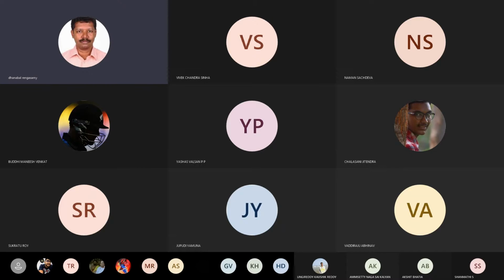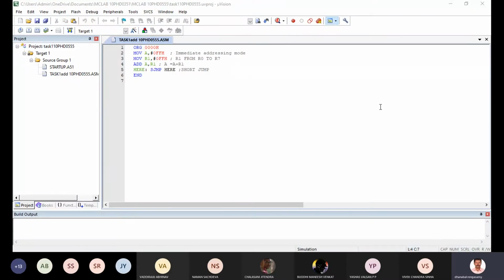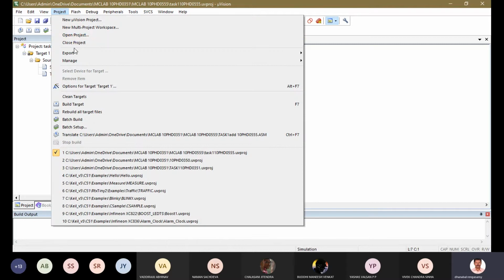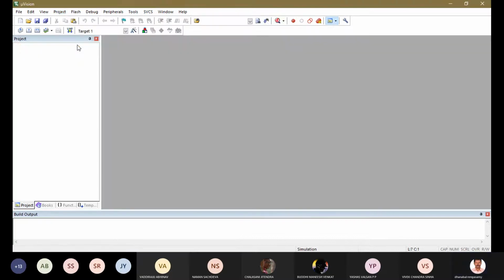Okay, this will be the look of the screen when you are using the tool. The Keil MicroVision MC Lab tool will be Keil MicroVision, version like this. It will open when you are opening the Keil MicroVision. Okay. The first step. So step 1, always you have to close the existing projects, because each time you will be creating a project. For your understandability, I am doing the step 1, close project.